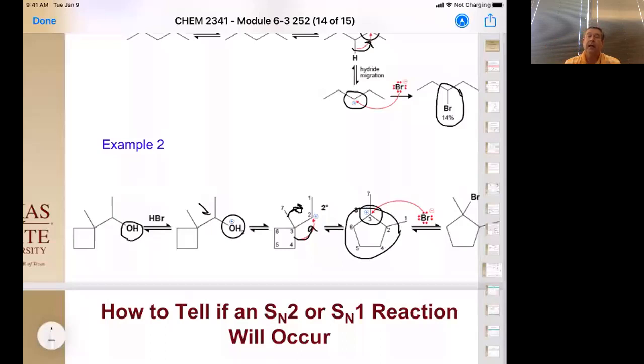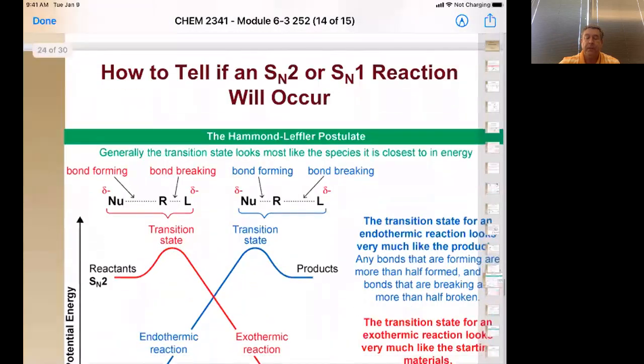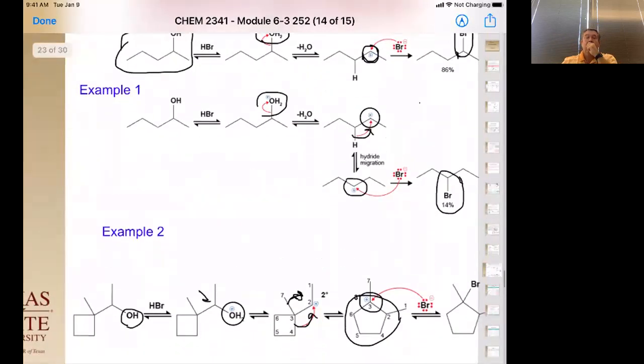So what we're going to see is whenever you can go from a 4 or 5-membered ring to a slightly larger ring, you're going to see the ring expand. And it's called, and that's also found in those carbocation intermediates. Okay, questions on that? Okay, so,